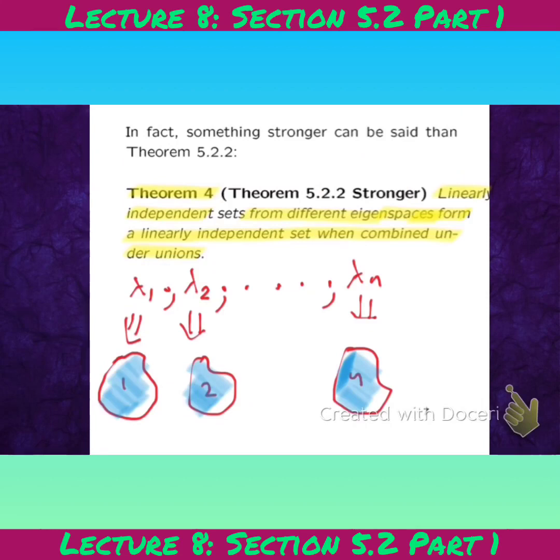So the vectors in each blue set are linearly independent amongst themselves, and if you throw them all together again, that's still going to be a linearly independent set by Theorem 2, because all these vectors here only correspond to their unique eigenvalue. So they are all going to be linearly independent still if you throw that all